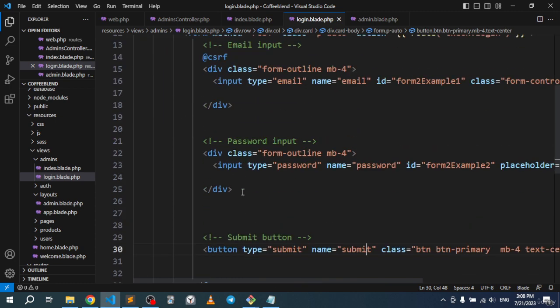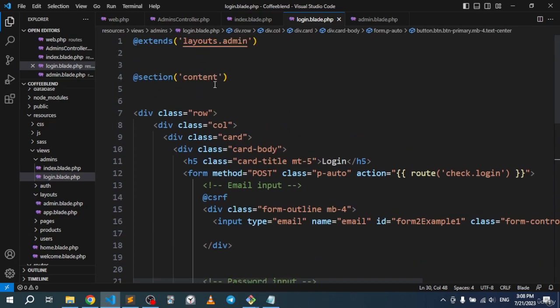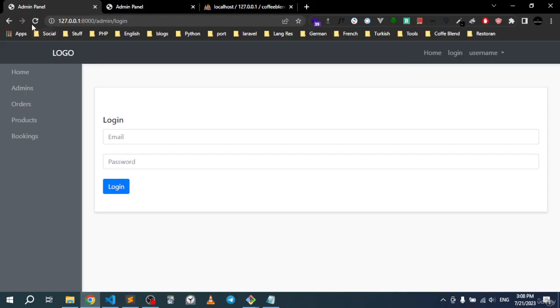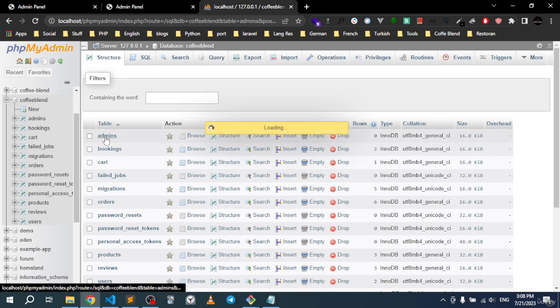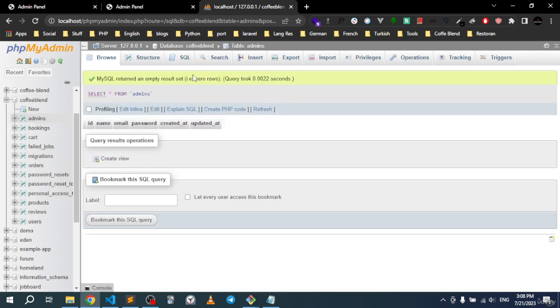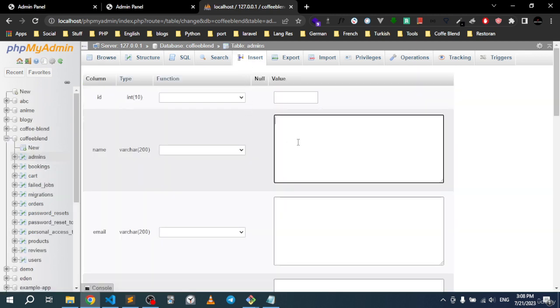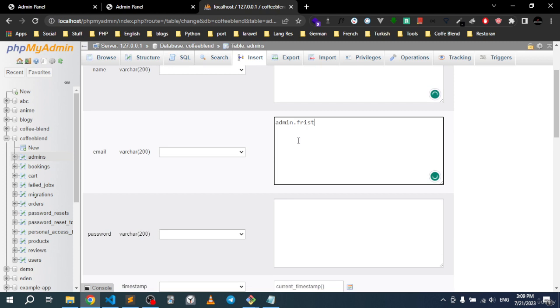So what else do we have? I guess the part for the form is fine. All we need to do next is insert something inside our admin's table so we can use it to log in, since we will not create a register page. I'm going to click insert, and the name will be admin dot first, something like this. You can choose any name that you like. Let's paste this in. For the email, this will be